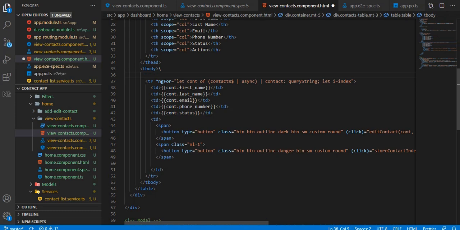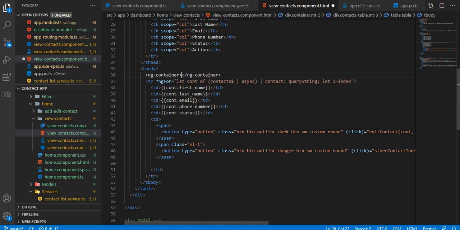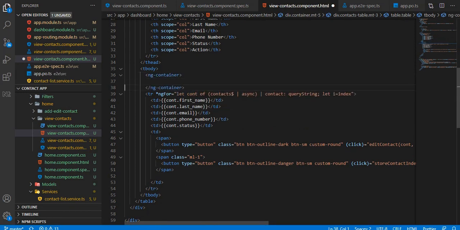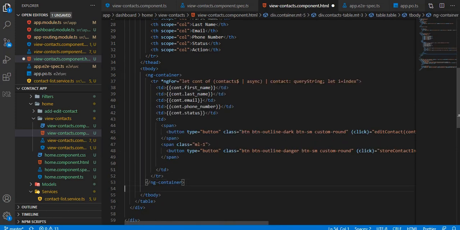So what I'm trying to say is let's use the ng-container tag here. Once that's done, let's move the tr tag inside the ng-container.